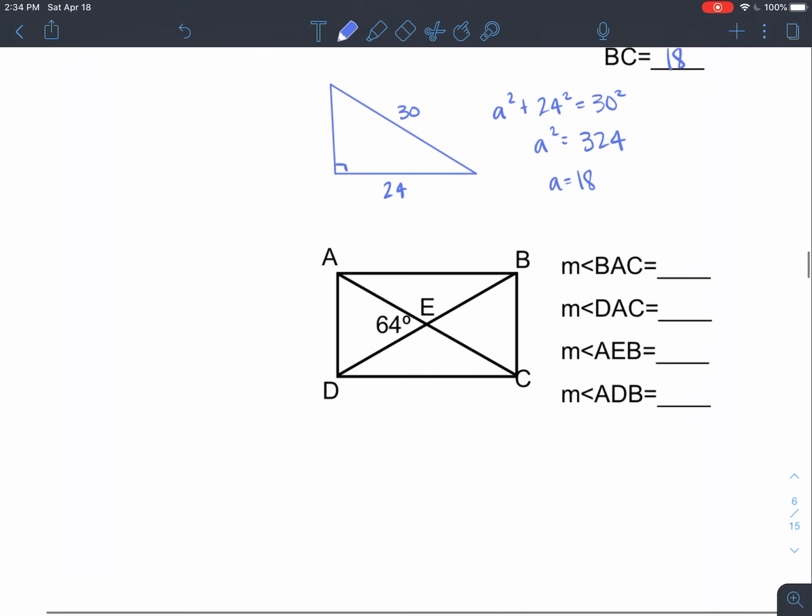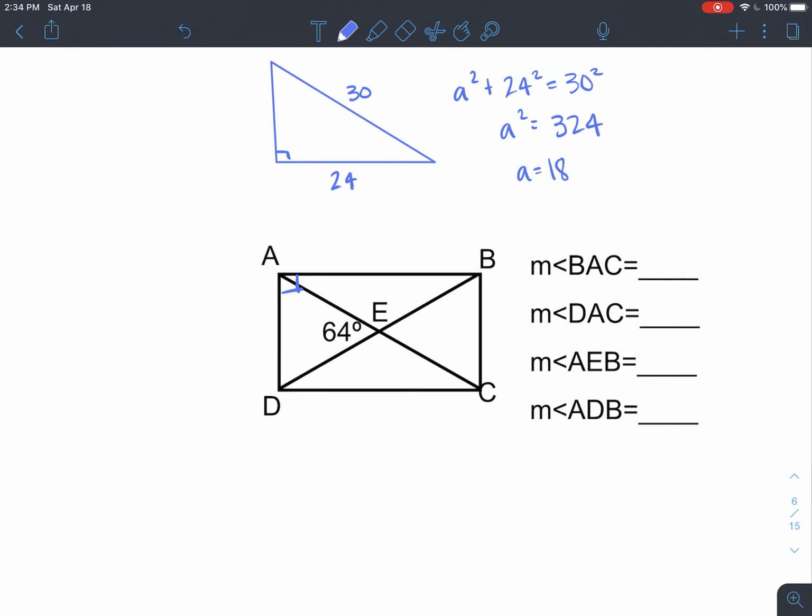And I've got another rectangle here. I've got 90-degree angles. Remember that vertical angles are always congruent, and I always have those linear pair angles in the middle as well. So if I do 180 minus 64, that'll give me a value of 116 here. And if you think back to how all of these are going to be congruent, then we're splitting ourselves into some isosceles triangles. So if I do 180 minus 64, that gives me 116, and if I split that in half, I end up with 58 here and here, as well as